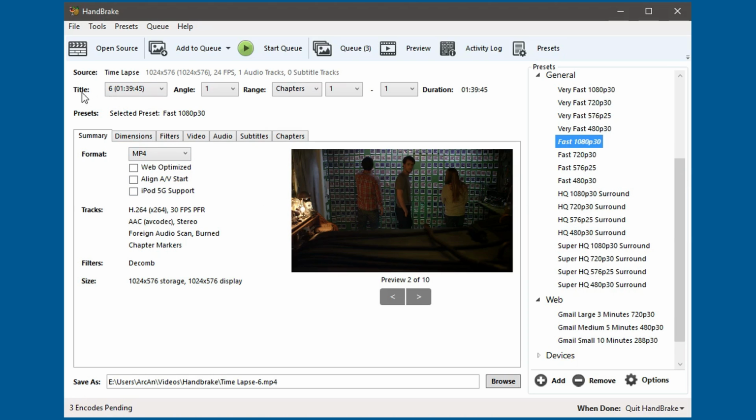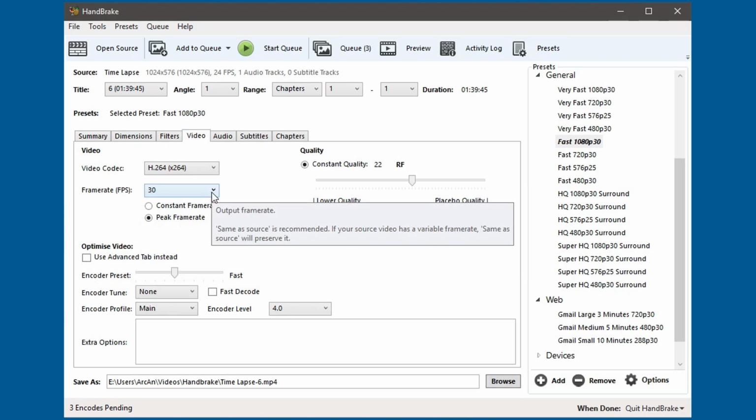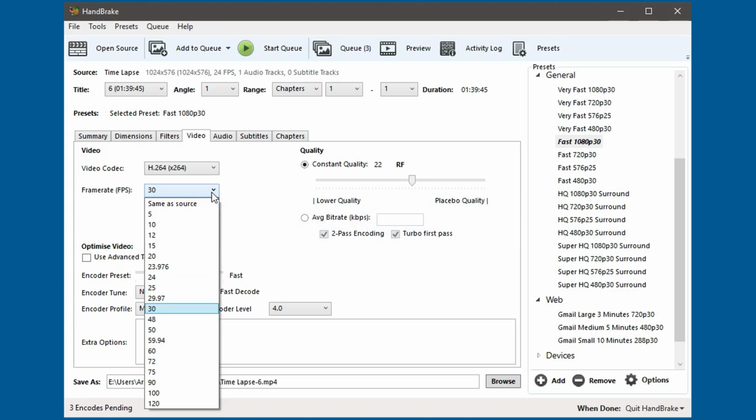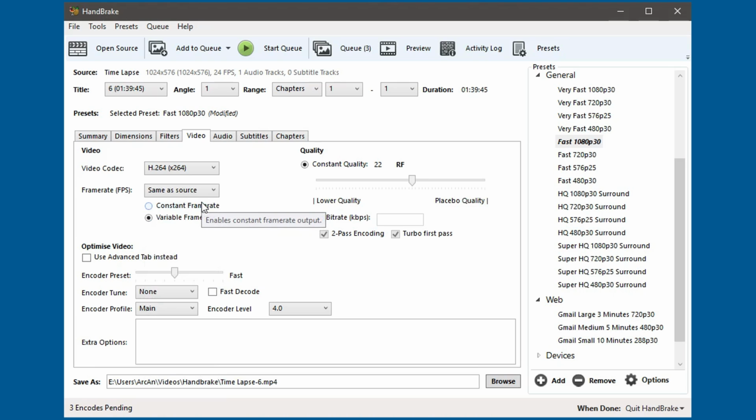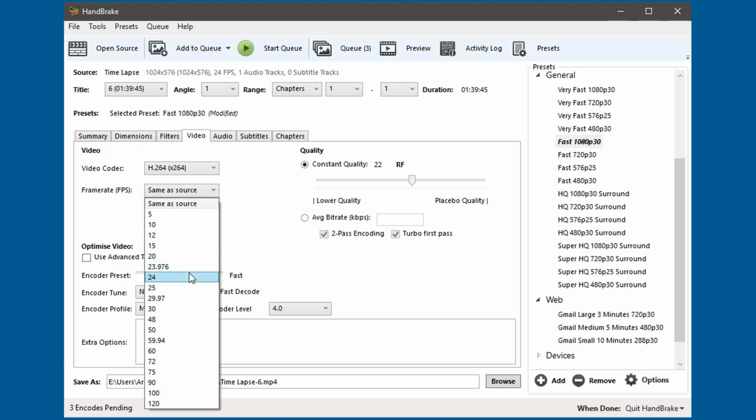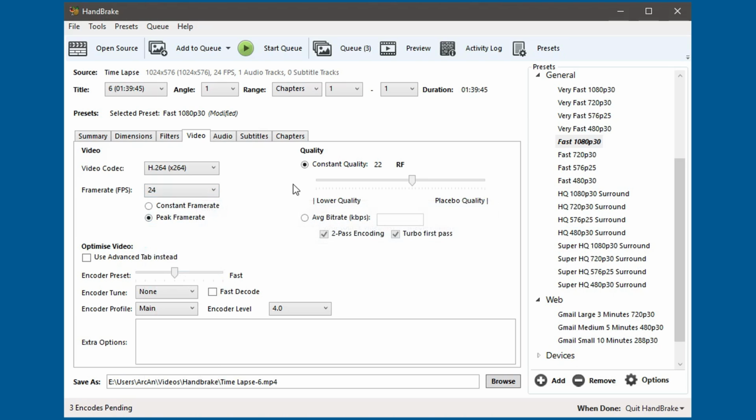This movie I've selected, the movie Time-Lapse, great movie by the way, go to source at the top and Handbrake will tell you the original frame rate, 24 FPS. Then go to the video tab and you want to make sure that you're using the same frame rate. There's two ways you can do it. An easy way is to select same as source, so that'll match it. Or you can manually select it from the list here. And another thing that I think is a good idea is to set it to constant frame rate.